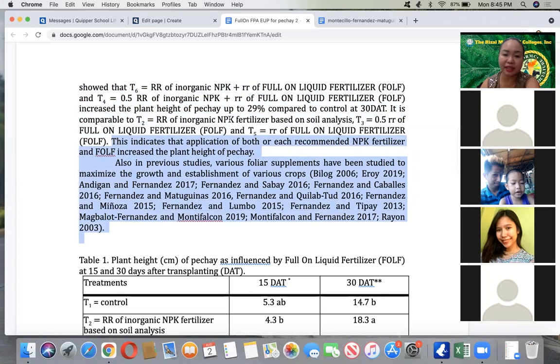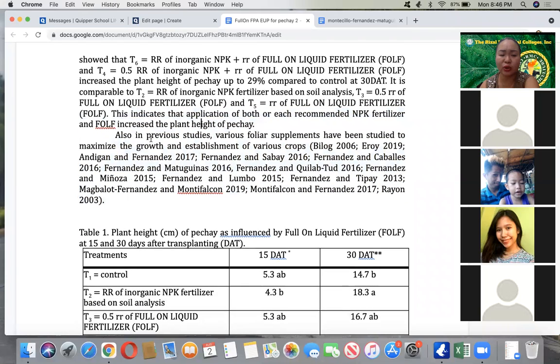So anong ibig sabihin ng result na yan? It means that yung recommended ng complete fertilizer and with also the foliar fertilizer will increase the plant height of pechay. And you are going to back up that. How true is that? Pareho ba yan sa result ng literature? So you can say that in previous studies, various foliar supplements have also been studied to maximize the growth and establishment of various crop as enumerated in this